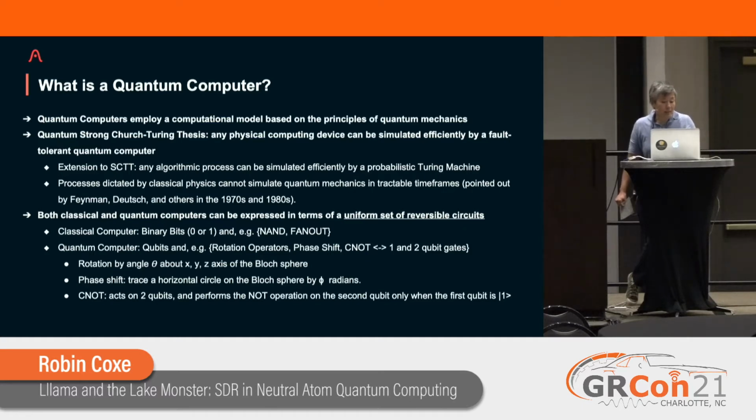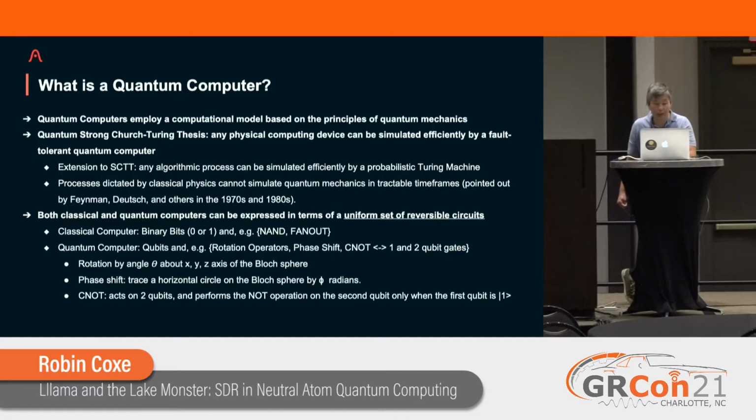Both classical and quantum computers can be expressed in terms of a uniform set of reversible circuits. We're all familiar with the classical computing model where you have binary bits and a set of universal gates whereby you can implement any Boolean function using only the gates in the set. For instance, NAND and fan-out are a set of universal gates for a classical computer. And the quantum analog is a qubit and some quantum circuits. So qubits,